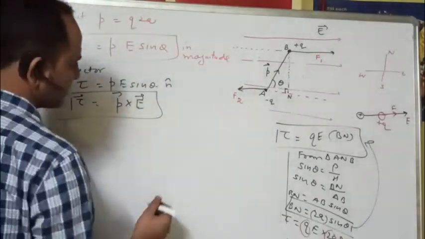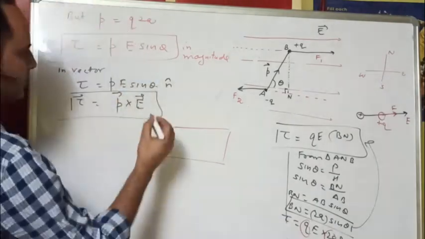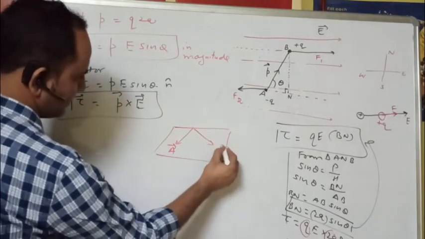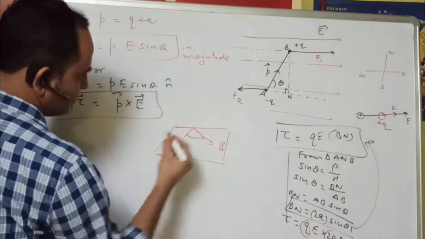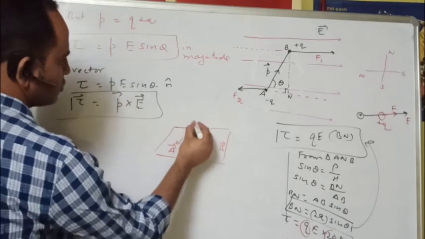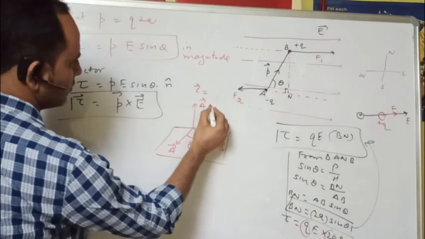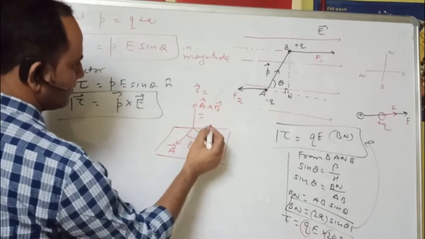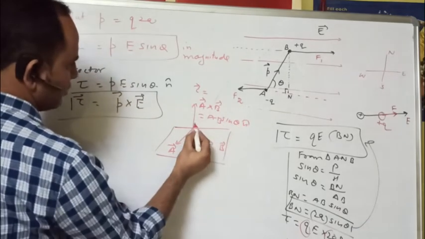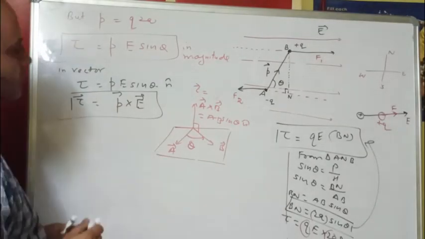From our previous study, in the 11th class, when we studied the topic of cross product of vectors, there was A vector and B vector, and A was rotating towards B vector at an angle theta. The cross product of these two vectors, that is C vector, was equal to A vector cross B vector, and this was AB sine theta n cap. The direction of this vector was at 90 degrees to these vectors.